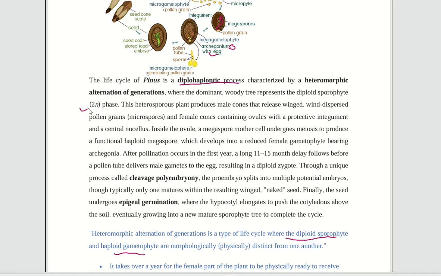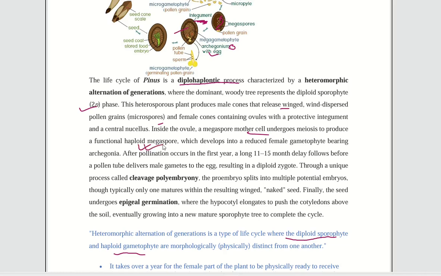sporophyte, that is the 2n phase, and this heterosporous plant produces male cones that release winged, dispersed pollen grains, that is the microspores, and the female cones containing the ovules with a protective integument and a central nucellus, and inside the ovule, a megaspore mother cell undergoes meiosis to produce